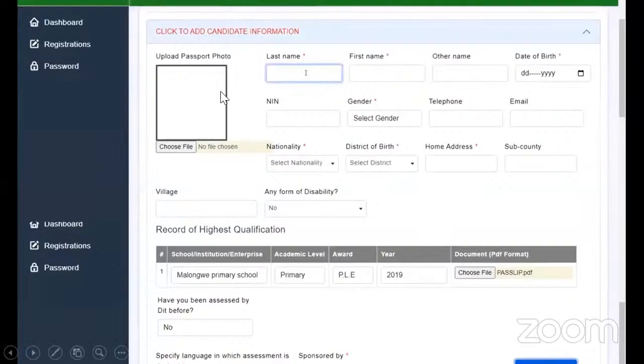So these details are needed. We need a passport photo, so make sure you take a photo that we shall be able to upload, showing your face. Then we shall need your last name, the way you want it on the DIT certificate, your first name, your other name, your date of birth, your NIN number, your gender, your telephone and email, nationality, district of birth, home